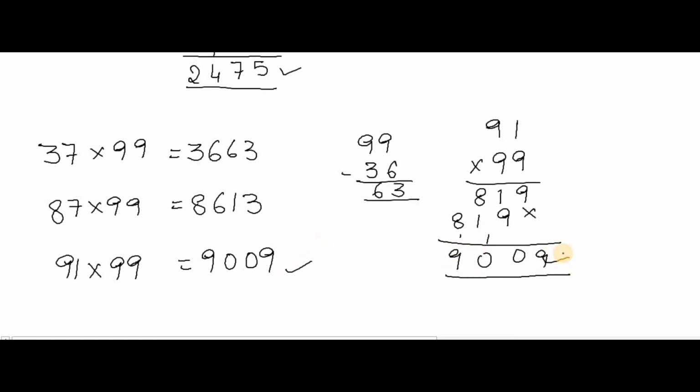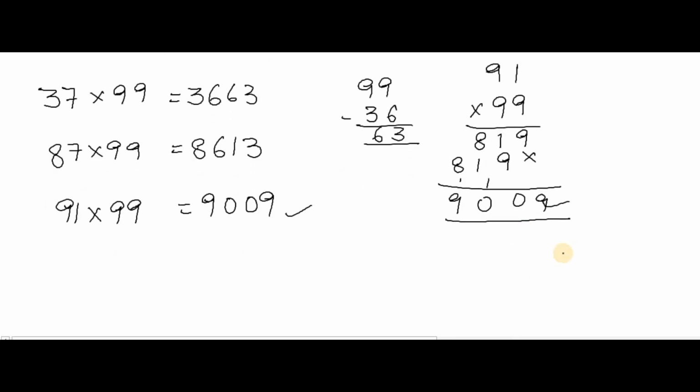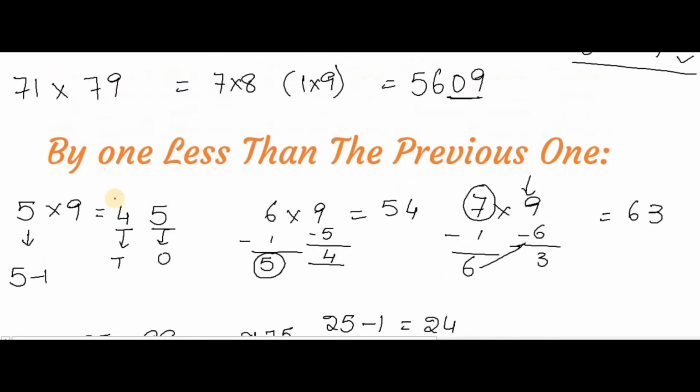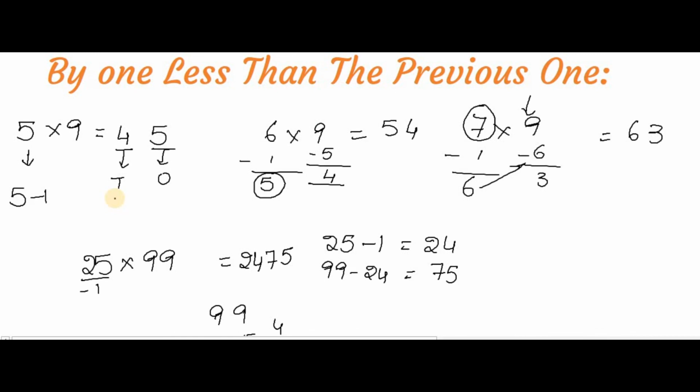So friends, by seeing this you can easily understand, and we can do this with 3-digit and 4-digit numbers also. But remember one thing, you should do this with nines only. This rule is applicable when the multiplicand is nines, and the multiplier should be smaller than the multiplicand. If 9 is there, then you can apply this formula or sutra. So this sutra in English is by one less than the previous one, and in Sanskrit the word is Ekanyunena Purvena. This is the sutra we have followed here.